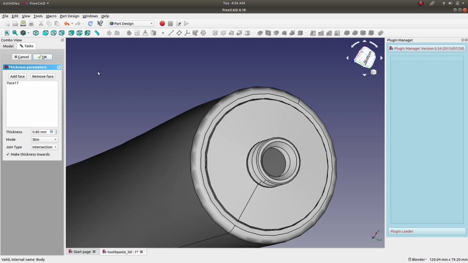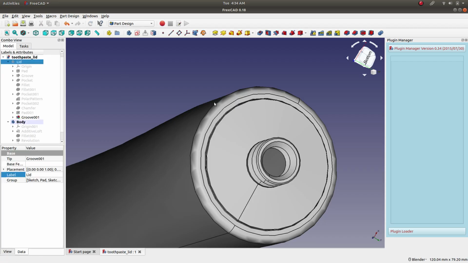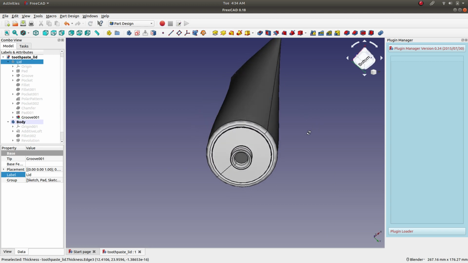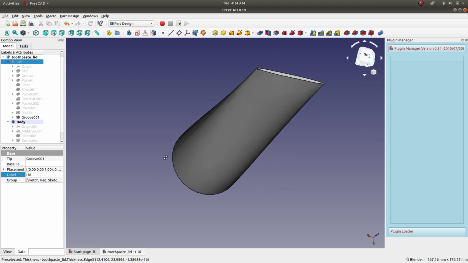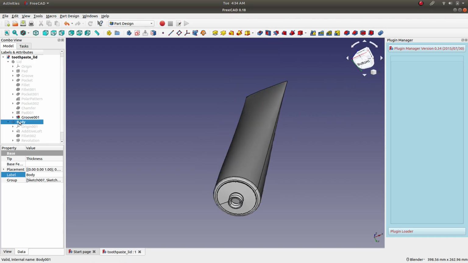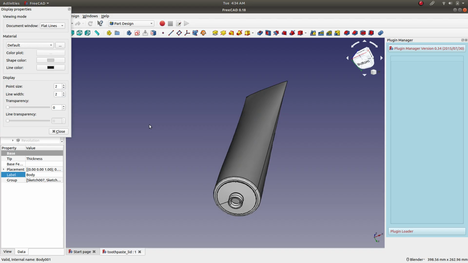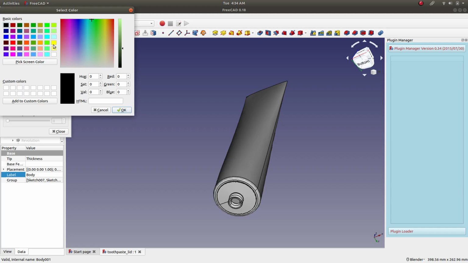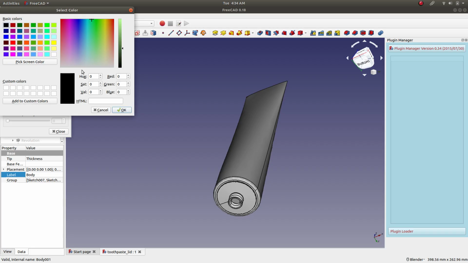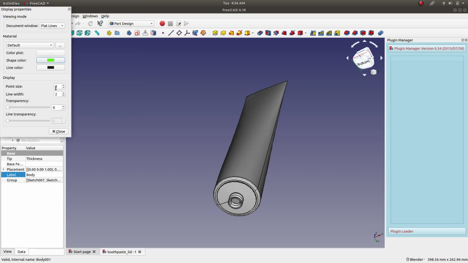Okay, yeah, now we have a paste, a very simple one, and we can change the color appearance for this. Let's make the shape color to be white, to be green,